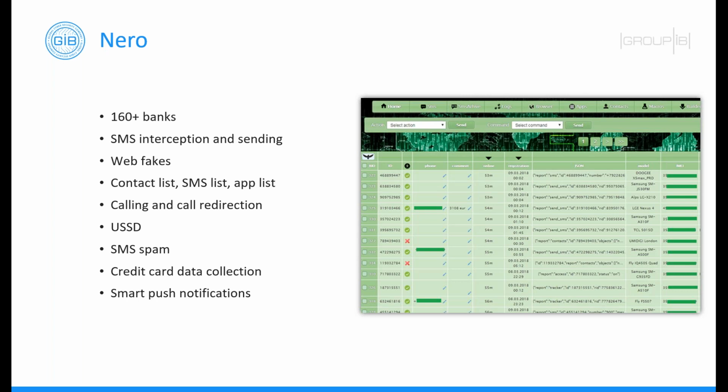So a variety of functionality actually helps cyber criminals to steal a lot of information, not only related to online banking, but also a lot of other personal information which is stored on a smartphone.